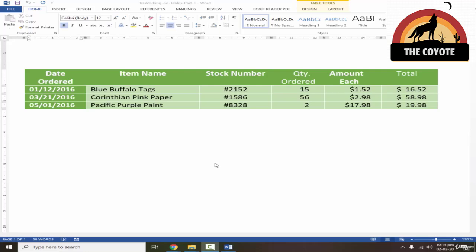Now, if your data contains something like this, which has a date column, a text-based column, some numbers involved and calculations, then it's better to use a predefined table format for Word, because it makes your work very easy. You don't even have to place the tabs like we learned earlier, placing the margins manually by double clicking on the ruler. So you don't even need to create tabs.